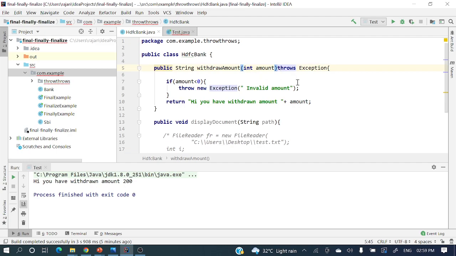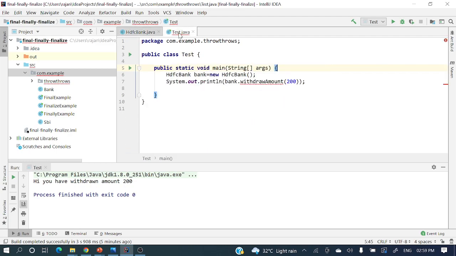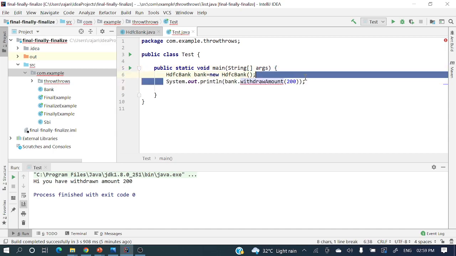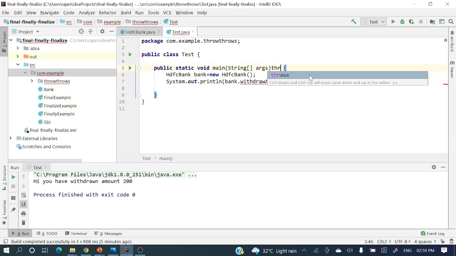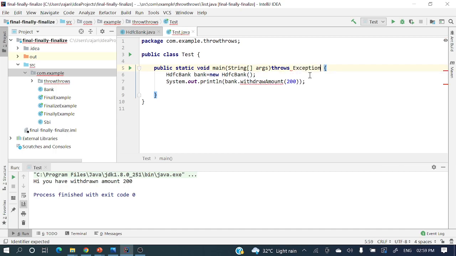So just see here, there is no exception or compile time problem. Now if you go to this test class, it will show unhandled exception java.lang.Exception. So again, either you can handle it using a try catch block here, or else in the method signature you can have throws Exception,